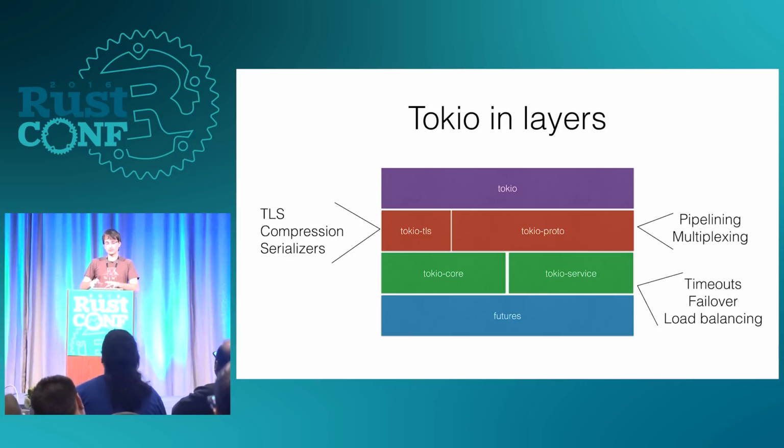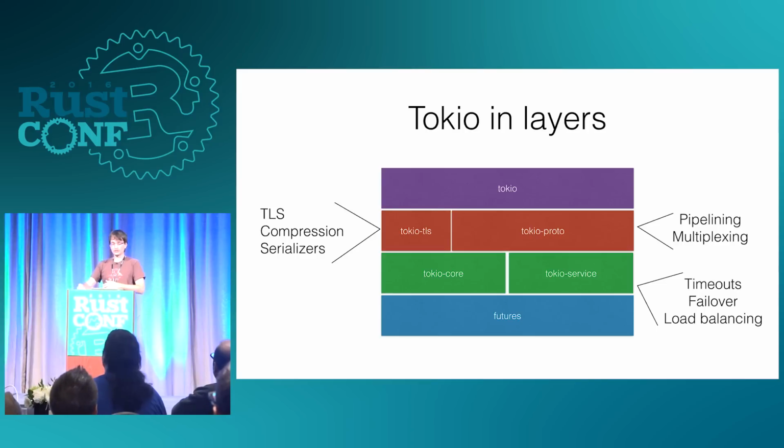But the key idea is that you can slot in at just the Tokio service layer. You don't have to worry about protocols or TLS or what the actual event loop is. You can just work here and have all of these great abstractions and not actually worry about all the implementation details. Other layers are like at the TLS layer, we can not only have TLS, you can have compression like